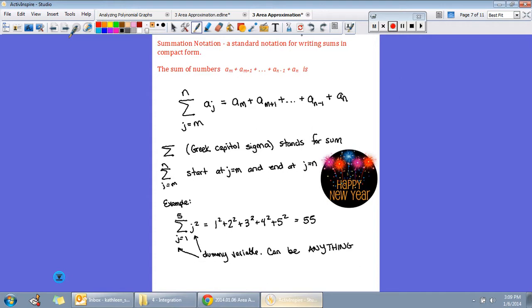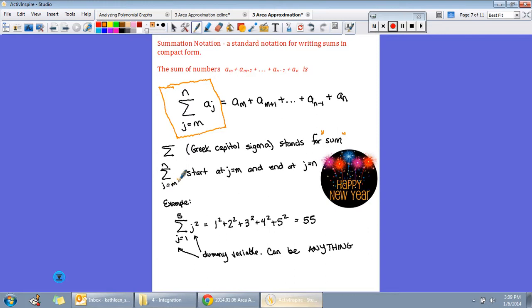Alright, so summation notation is a standard notation for writing sums in a compact form. So if you're trying to write out a_m plus a_(m+1) plus all the way out to a_n, the more compact way to write that is this, where the sigma is a capital Greek letter. It stands for sum,